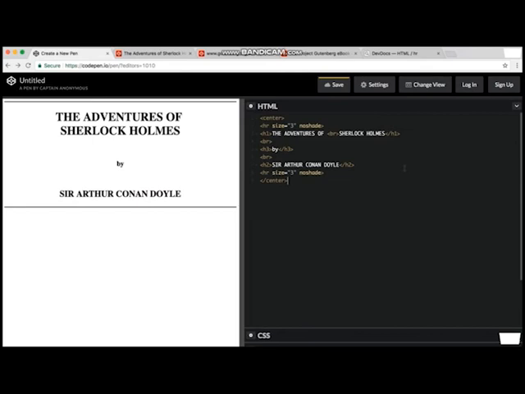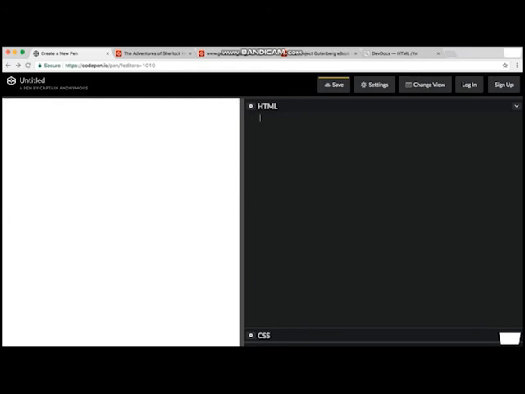Now this is a good point to mention our first challenge. So we have got this HTML. You can either save it anonymously or you can create a free account in CodePen in order to be able to access this later on. But I want you to create a brand new pen, and this pen is going to be our code playbook, and you are going to use this document as an interactive notebook, if you will.